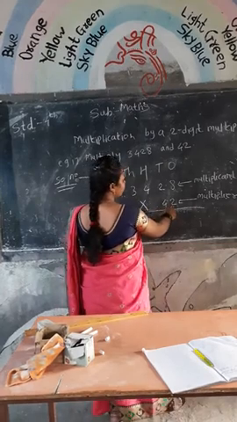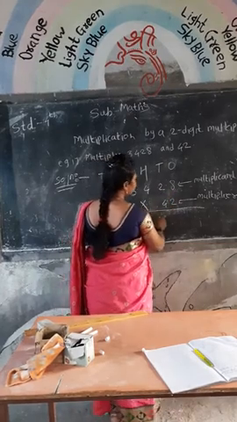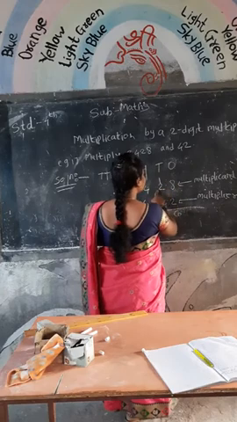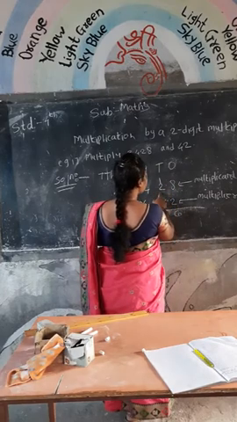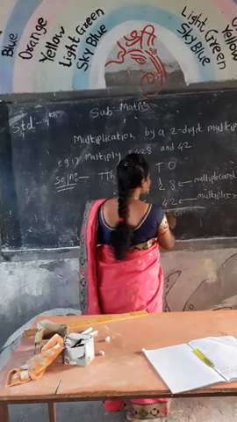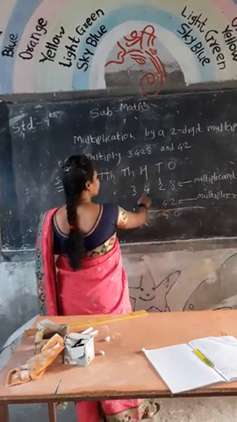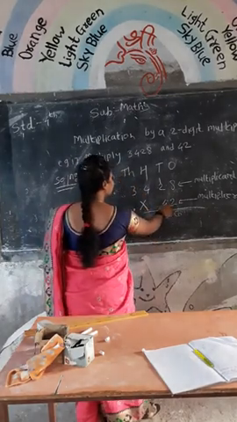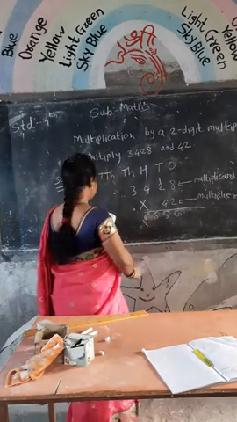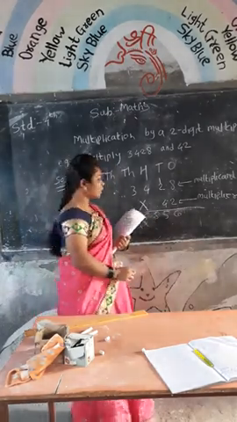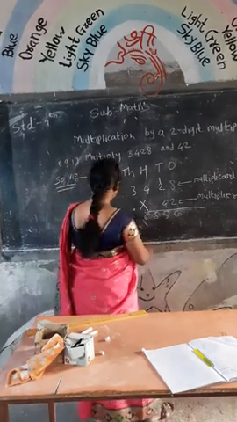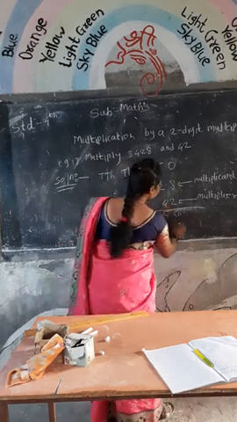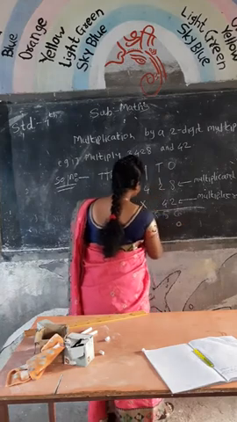Here, firstly multiply by 2. 2 ones are 2, 2 eights are 16, carry 1 to the tens place. 2 ones are 2, 2 twos are 4, 4 plus 1 is 5. 2 threes are 6, 2 fours are 8. So we get 6,856. Next, multiply by the tens place digit, taking the ones place digit as 0.